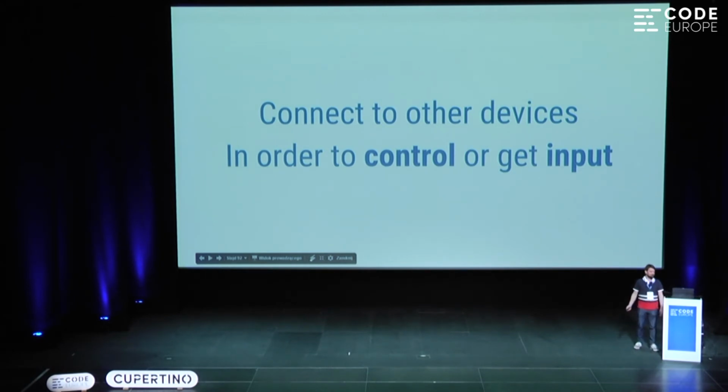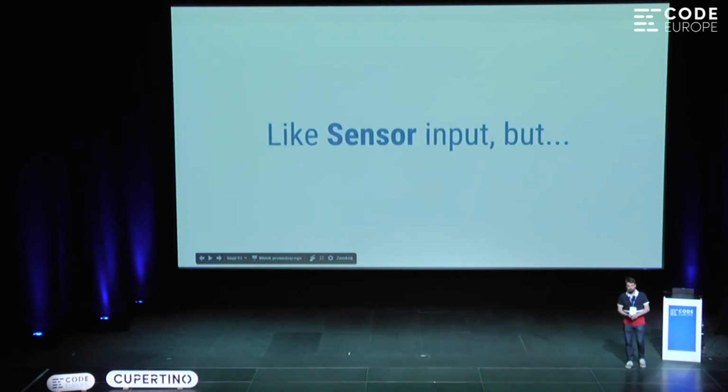So we've been talking about connecting to other devices to either control things or to get input, like tell me the temperature or set the color of a light. But what about things already on my device? I have a nice phone. It has an accelerometer, a gyroscope, a magnetometer. It even has a temperature sensor for the battery. So why can't I just access that? Because I might not need this other IoT device, because I have everything I need in my pocket. So we've been looking at sensors.